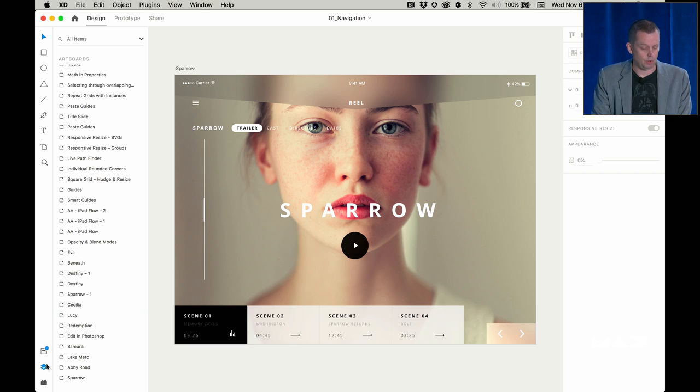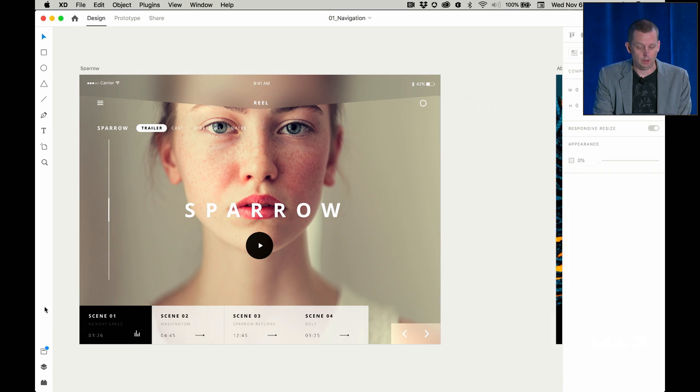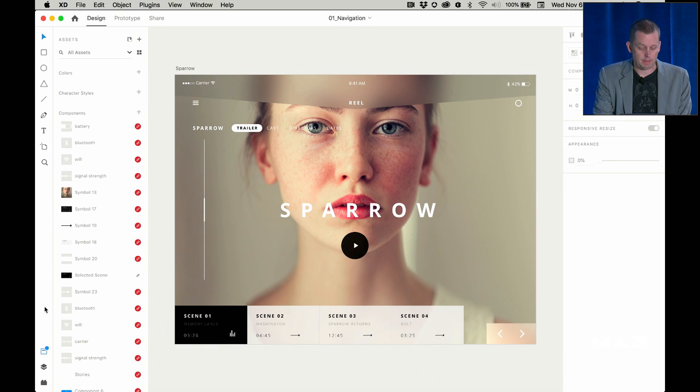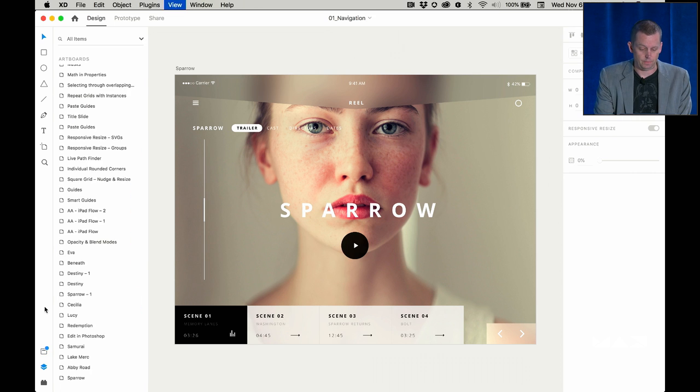In the bottom left-hand corner, you've got the icon navigation to go back and forth between those, but you also have keyboard shortcuts as well. Command-Y will toggle open and close the layers panel, or Control-Y in Windows, and then Command-Shift-Y or Control-Shift-Y will toggle the assets panel open. So you can go back and forth via the keyboard shortcuts,